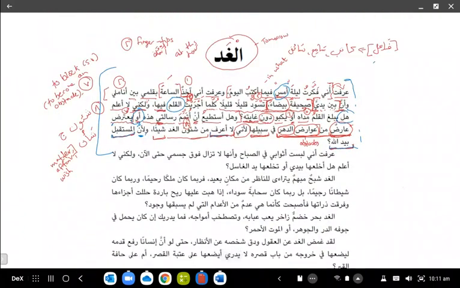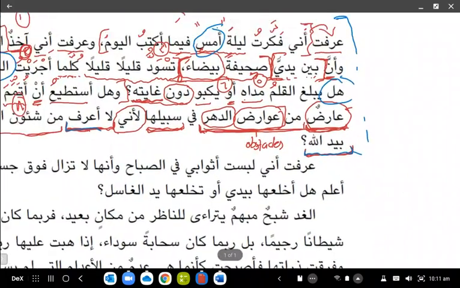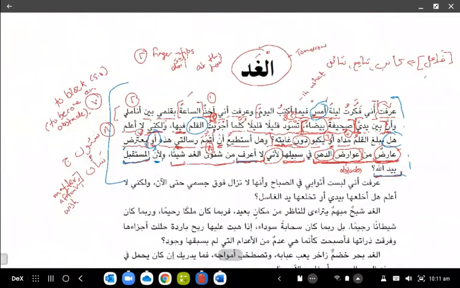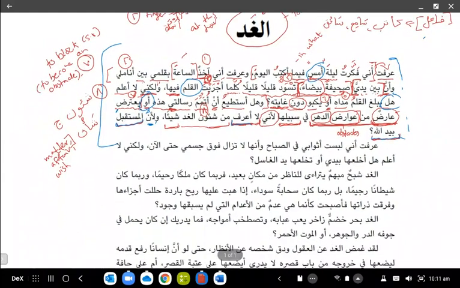Okay, so in summary, he is saying that I knew yesterday that I was planning for what to do today, right? And that now in front of me there is a white page, and it keeps turning black the more I take the pen and pass over the page, right? أجريت القلم فيها literally means run the pen over it. In other words, when you start writing. But he's saying, however, I'm not sure if the pen will reach its objective, or will it fall face down without reaching its purpose, right? In other words, will I complete what I intended to start?